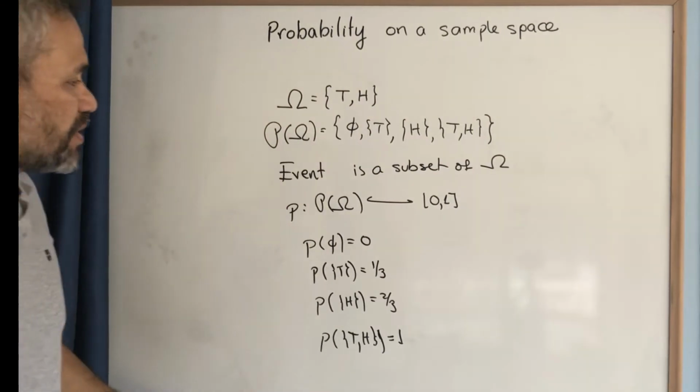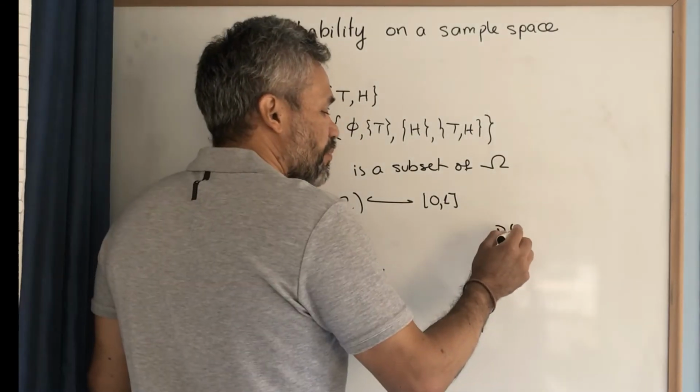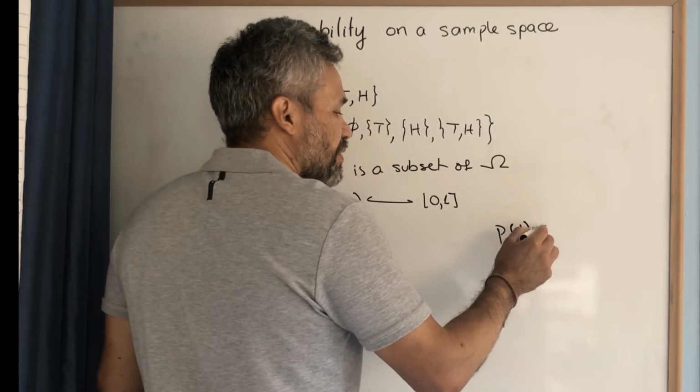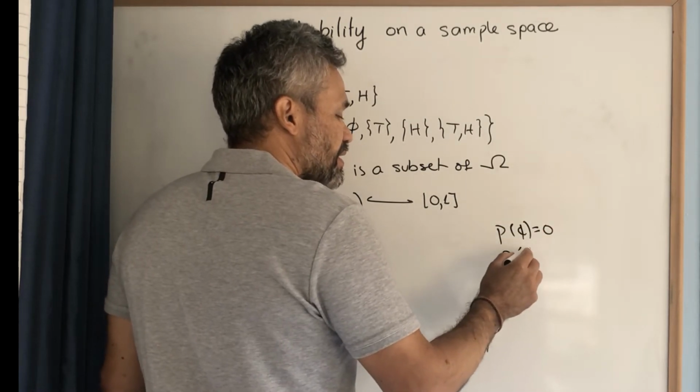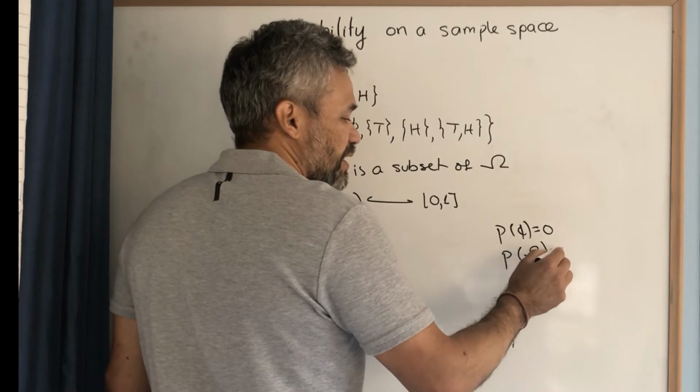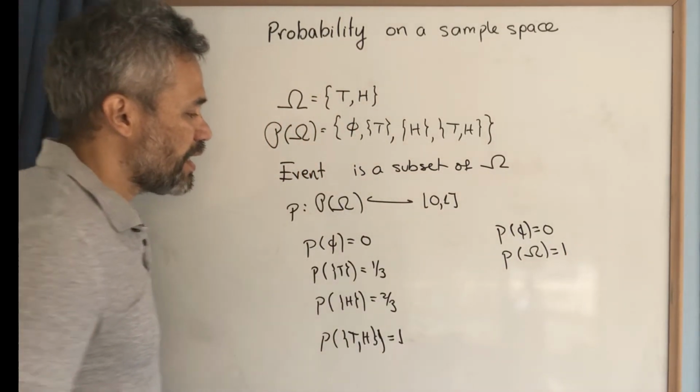But not every function from the power set to the interval 0, 1 defines a probability. It must have some properties. For example, the probability of the empty set must be 0. The probability of the whole sample space must be 1. And